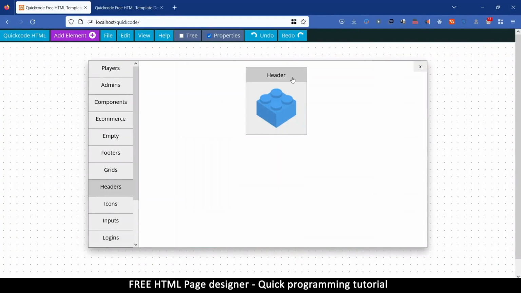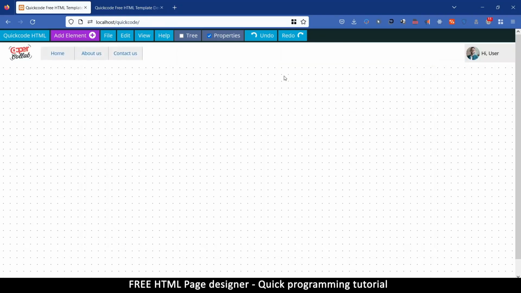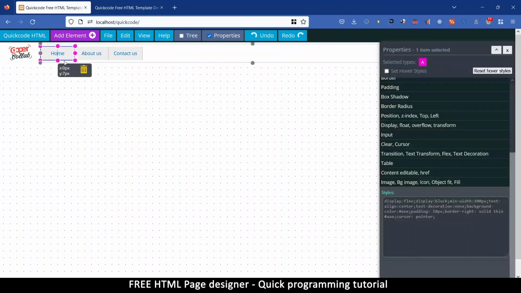There's only one header for now, but every time I make something new, I'm going to add to this library here, and eventually I'll give you a way to add your own as well, as I'm still coding for that. But for now, we just have one header, so let's choose what we've got. So there it is. This is our header right there, and what we need is the pages: about us, contact us. These look like reasonable pages, so select the home page right here,